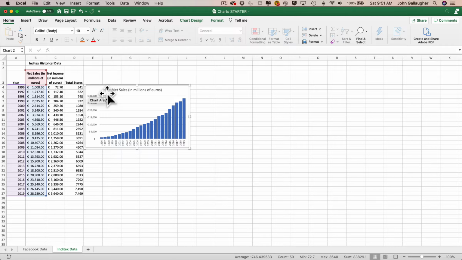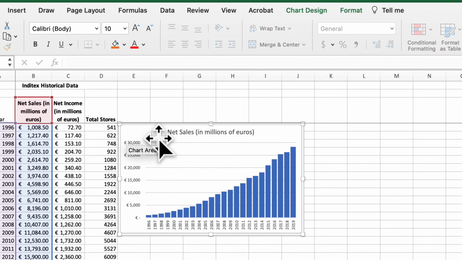Now one thing to warn you about, you want to click off the chart and then onto the worksheet, clicking the location where you want to paste your new chart. And if you don't do this and you keep the selection on the current chart, this is what will happen. So I'm going to press Command-V, my paste shortcut on the Mac, Control-V on Windows, with the chart still selected,